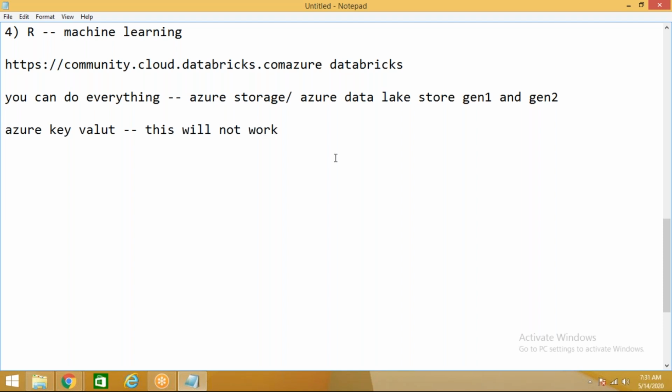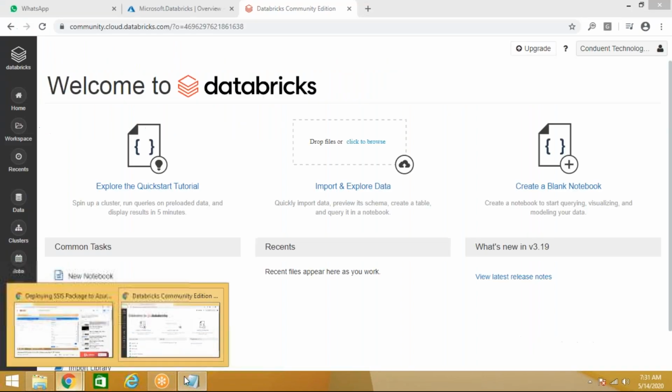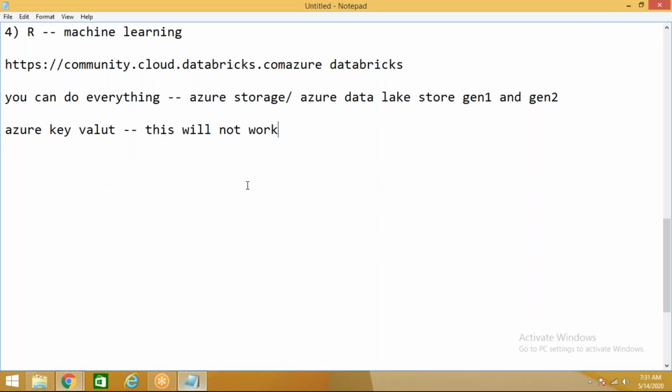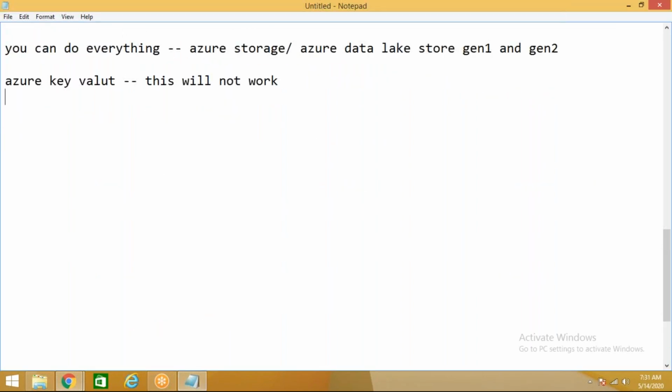Let's go. First we'll create Azure storage. So you know how to access this Azure storage, right? When you create Azure storage, you create a container, right? Under that you create blobs, right? So once you create this,